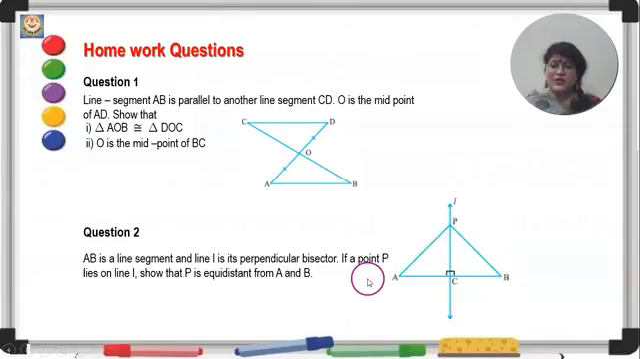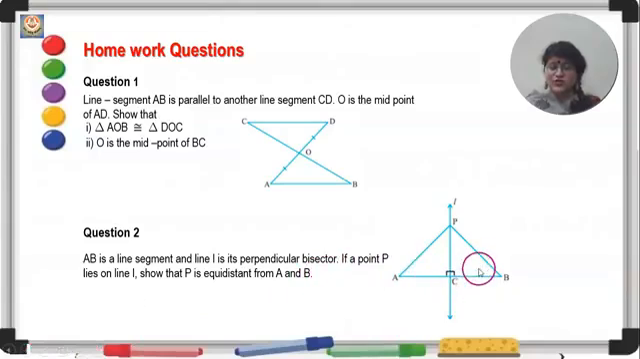In this, you have to prove P is equidistant from A and B. So in order to do that, you have to prove PA congruent to PB. If you prove PA equal to PB, it means P is at equal distance from A and B. So it is very simple. You will take these two triangles, you will prove them congruent. Now, by which test of congruency? You have